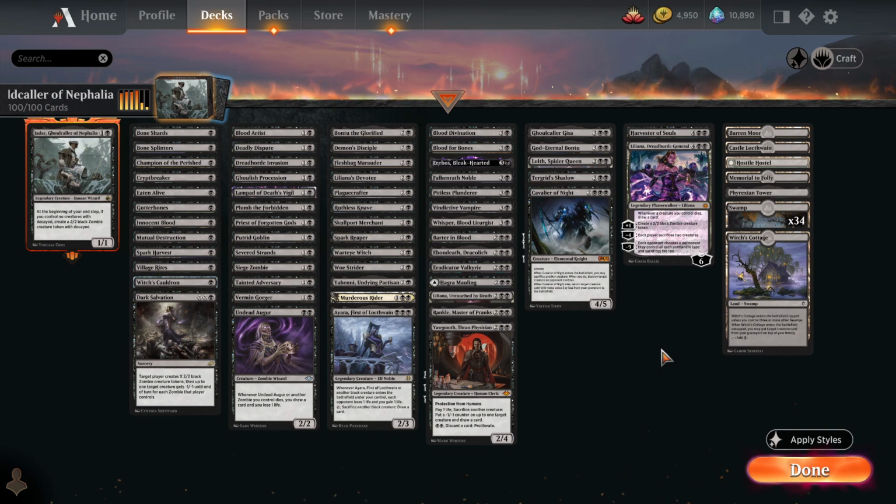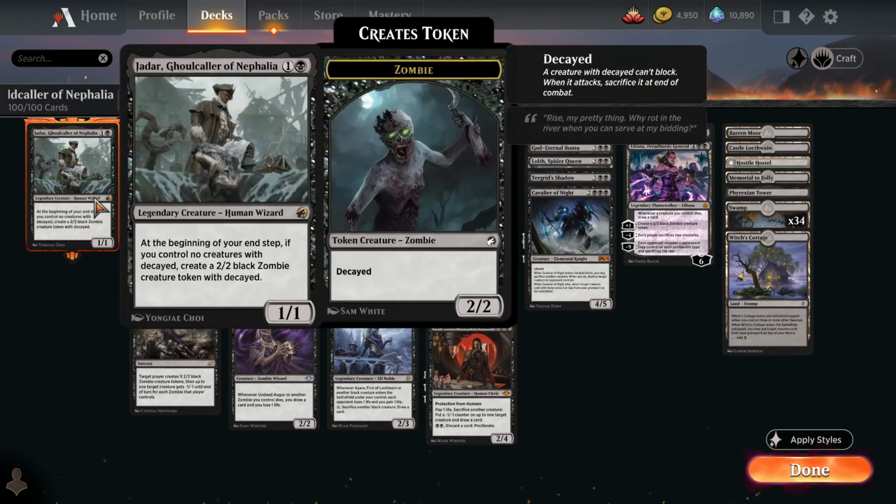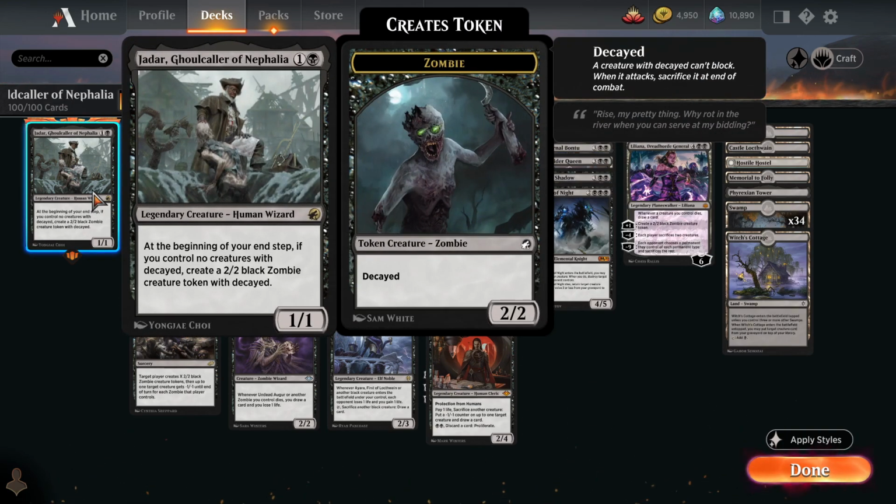Today I'll be showing off a Historic Brawl deck, Jadar, Ghoulcaller of Nephalia. For 1 and a black, Jadar is a 1/1 legendary human wizard. At the beginning of your upkeep, if you control no creatures with Decayed, you create a 2/2 black zombie creature